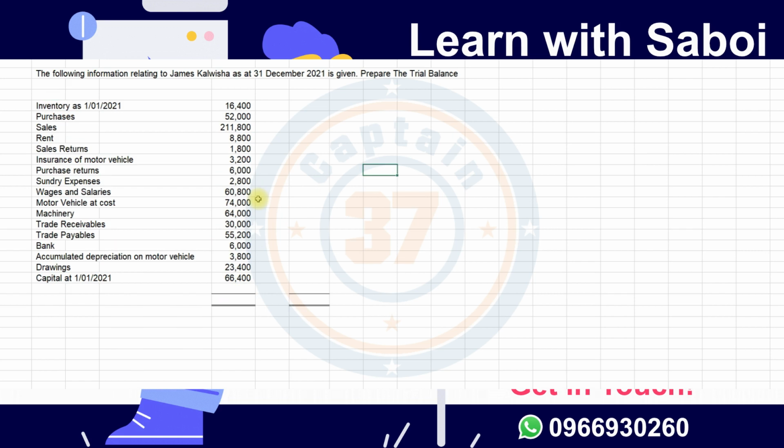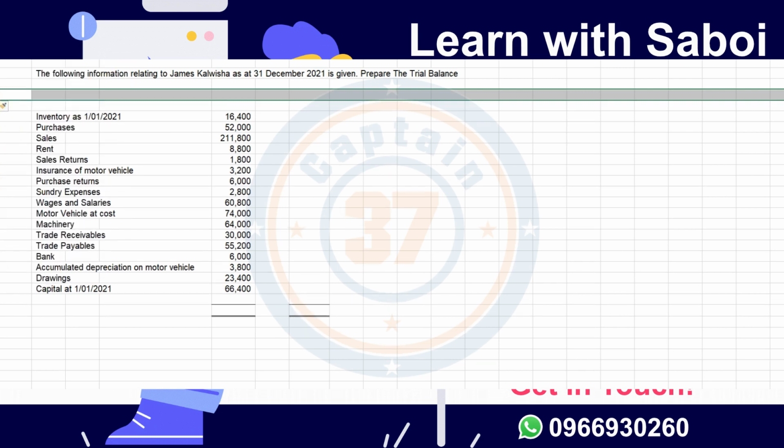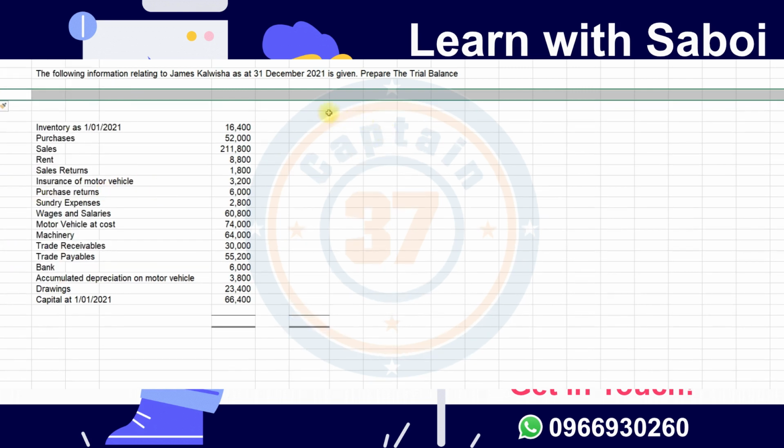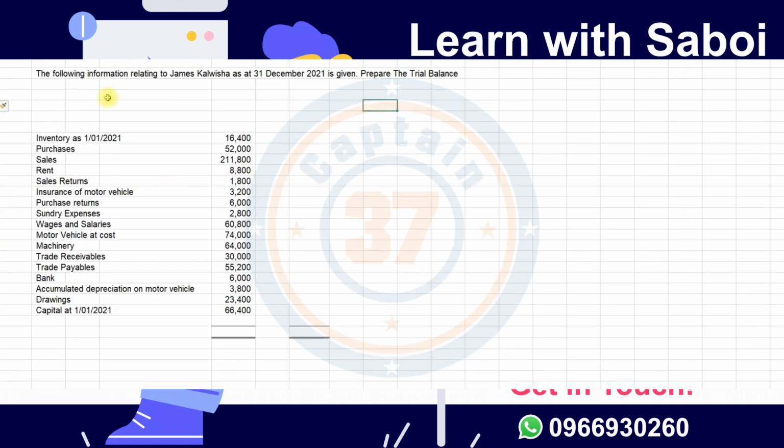In the process of preparing the trial balance, what you always need to do, and let me just create some space here. I'm using Excel, which you will not have the privilege of using in an exam, because you will be writing all this using your pen. So the first thing that you always do when you're preparing the trial balance is to make sure you indicate the name. Whose account are you dealing with? So it is James Kalwashi, like that. And what is it that we're doing? We're preparing the trial balance as at 31st December